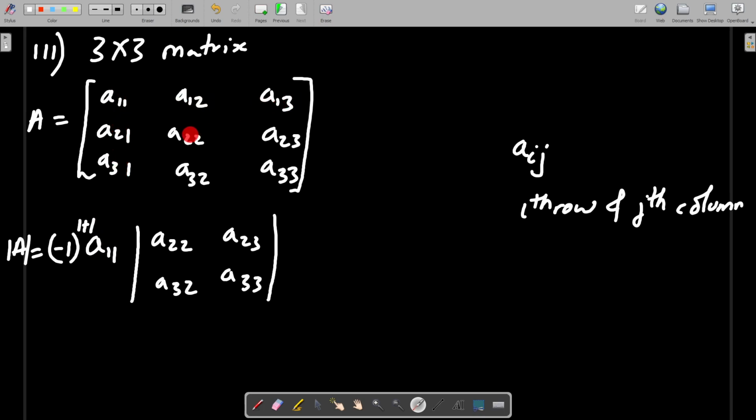What remains is only these 4 elements, right? If you delete this row and this column, what remains is only these 4 elements over here. So I'm finding the determinant of those 4 elements, because I know how to find the determinant of a 2 by 2 matrix. Here I find a 2 by 2 submatrix, like a subset of the original matrix, so that I'm writing. Next, I multiply by minus 1 to the power 1 plus